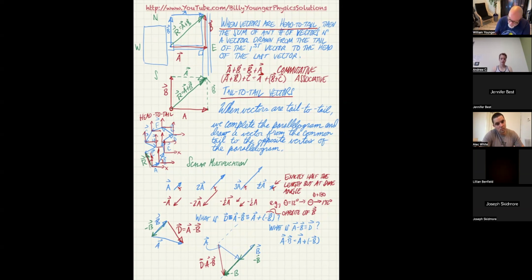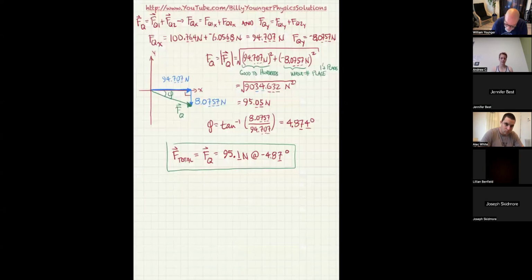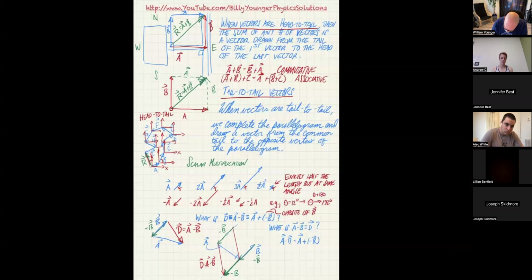Now, the other thing I could have drawn was instead, I could have moved negative B over to here. And then you'd see negative B and negative A. And you could just draw again from the tail of one to the head of the other. And when I did that, oopsie, wrong thing. When I did that, I now got D. Ooh, that's supposed to be a D. D, which equals A minus B. So if I drew all that exactly perfect, you'd see that those two red D vectors are both the same length and parallel. So does everybody understand how you could add a vector and subtract a vector, whether they're head